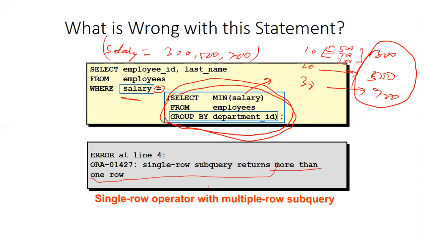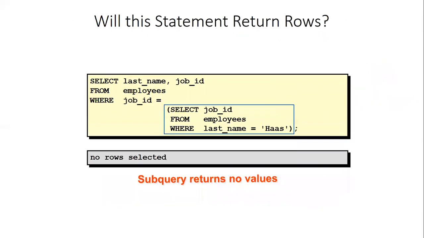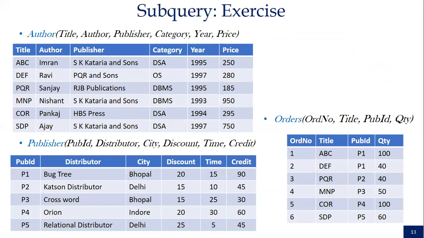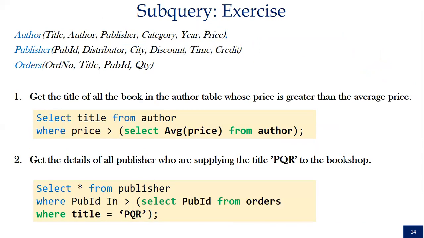Yes sir. Okay, so there will be an error. So instead of using a single-row comparison operator, we will use a multi-row comparison operator, that is called a multi-row subquery. Similarly for this, now you can see the example or exercise. You can do this exercise, right? This is a table, and this exercise I'm skipping and I'm going to the multi-row.